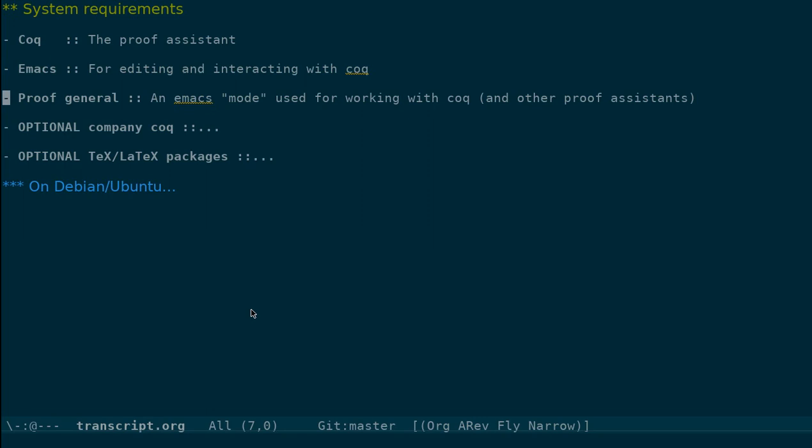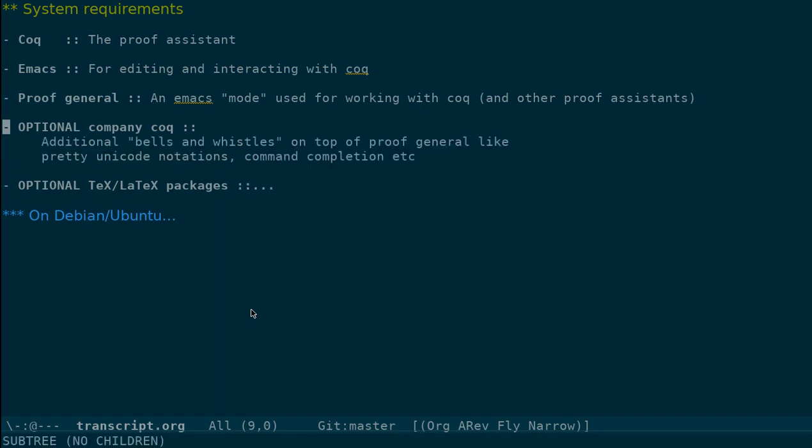There are a couple of optional things that you might need. You can use a mode called company-coq mode in Emacs, which gives you some additional bells and whistles on top of Proof General, like for example pretty Unicode notation, command completion, etc. This is optional. In fact, I would recommend that you don't install this in the beginning. You may install it later on when you are comfortable with the system.